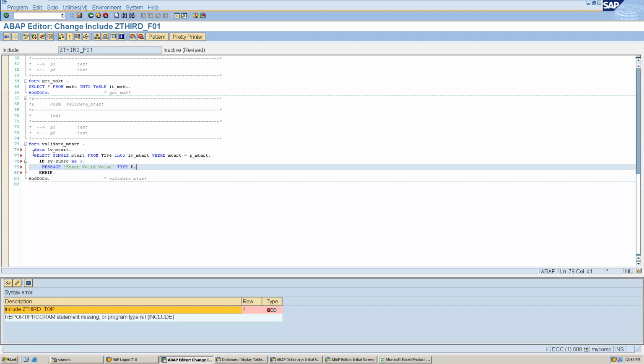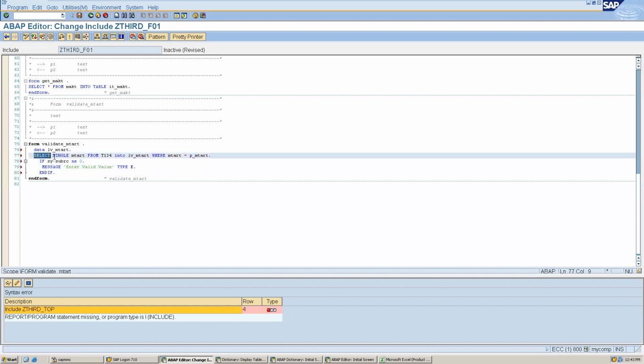Okay, so what will this query be doing? Earlier, without single, we were writing our query and selecting into a table. But if we have the full key field and we are selecting only one record, we can use this where, passing the primary key, and select any single record. Why am I selecting a single record? Because I just have to check whether this record exists in this table or not. If it does not exist, this value will not be 0. Then we will raise a defect. Oh, sorry, an error message.